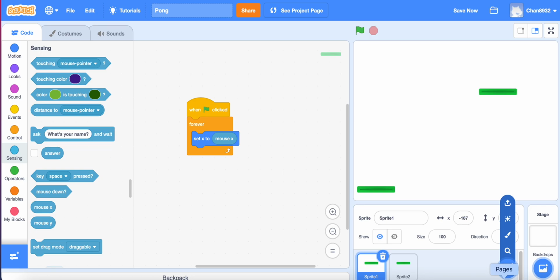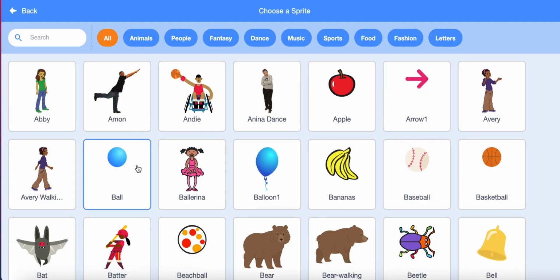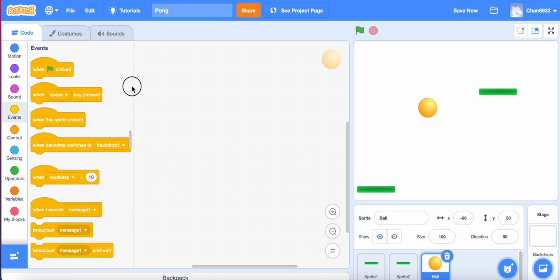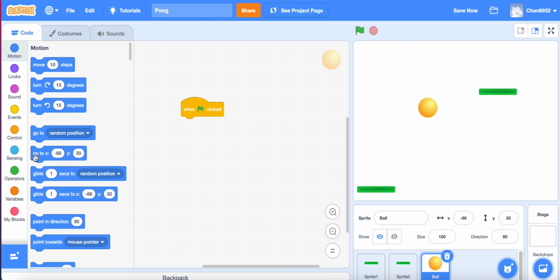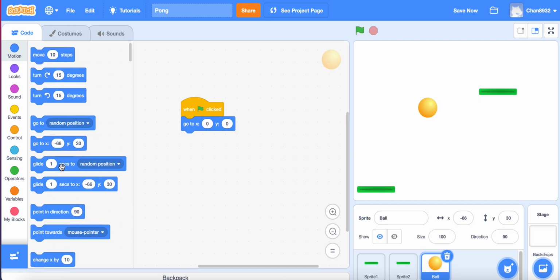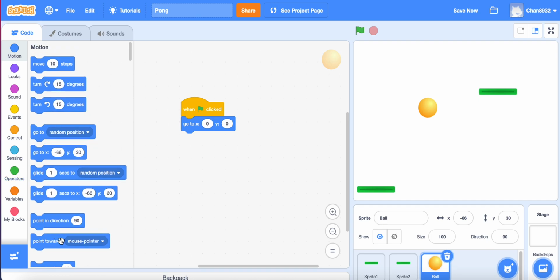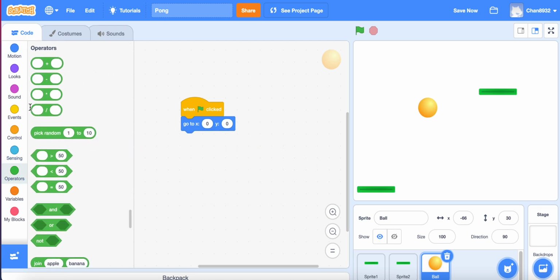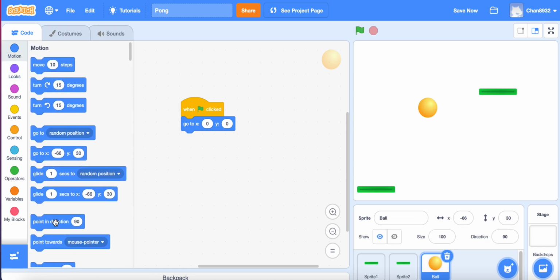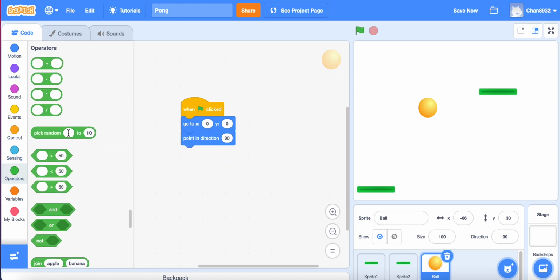Okay. Now we need to make another sprite. We need to get the ball. So when green flag clicked, we want it to go to 0, 0, which is the center. And then we want it to point in direction. No, like we want it, we want it to point in direction, and then we get a pick random, maybe, yeah, minus 45 to 45,